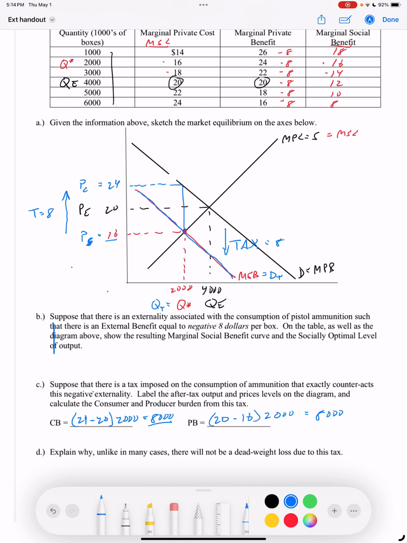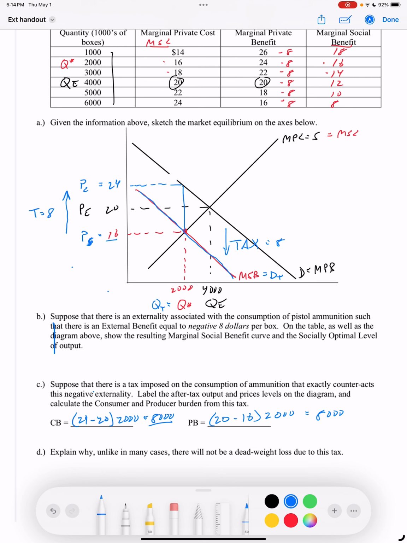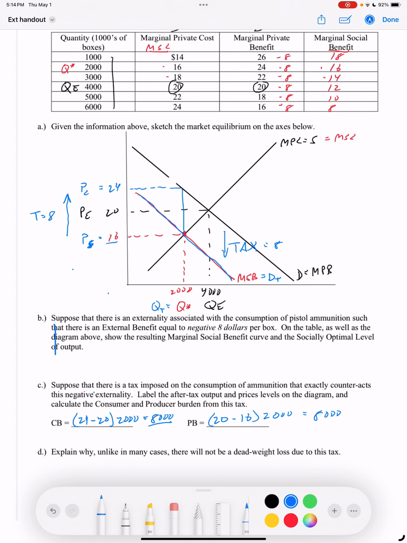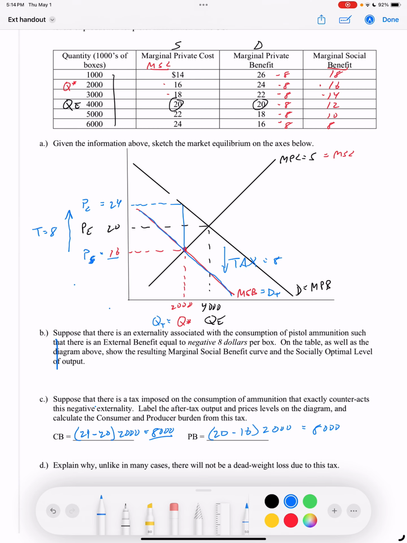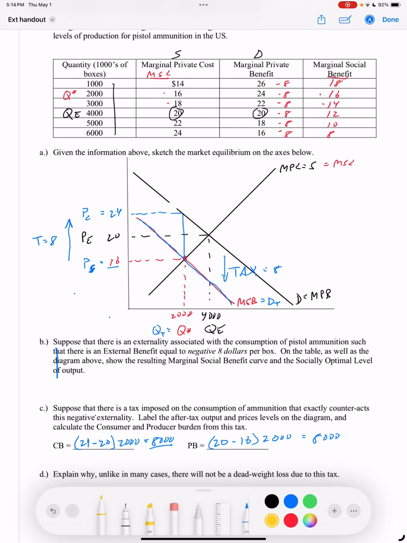So now the last question, explain why, unlike in many cases, i.e. any case without an externality, there will not be a deadweight loss due to this tax. So what makes this a special case is that the tax is imposed exactly to counteract the deadweight loss coming from the externality. So go back to the pre-tax situation when the market was producing QE above that Q star level. Each unit produced above Q star had a cost to society on that social cost curve greater than the benefit to society, the value along the social benefit curve. So for each one of those units produced and sold at the old equilibrium, there was a net loss. So that area is the deadweight loss